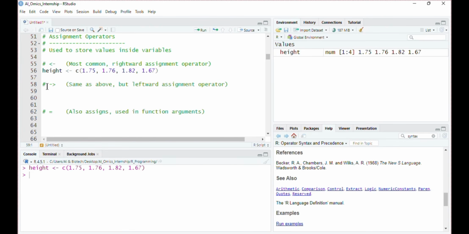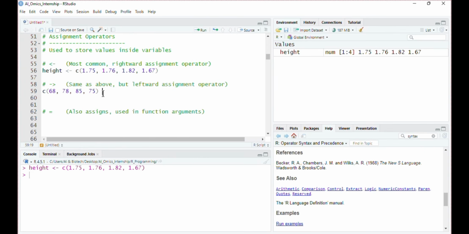So in case I have also measured the weight of these individuals, I want to create a new variable with the name weight. First I have to insert the values like 68, 78, 85 and 75.